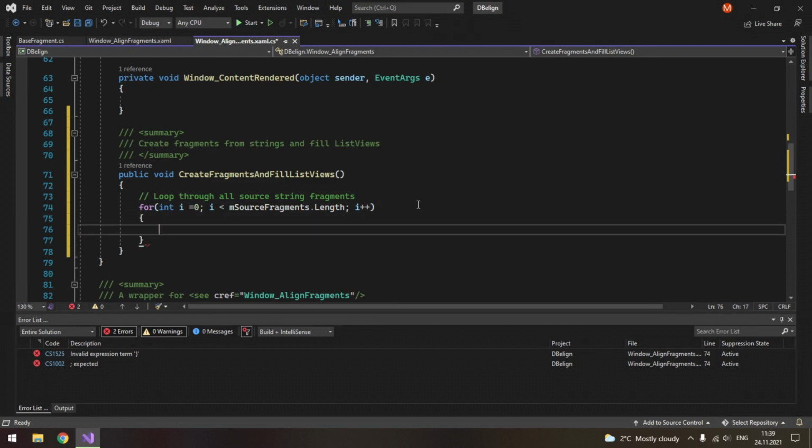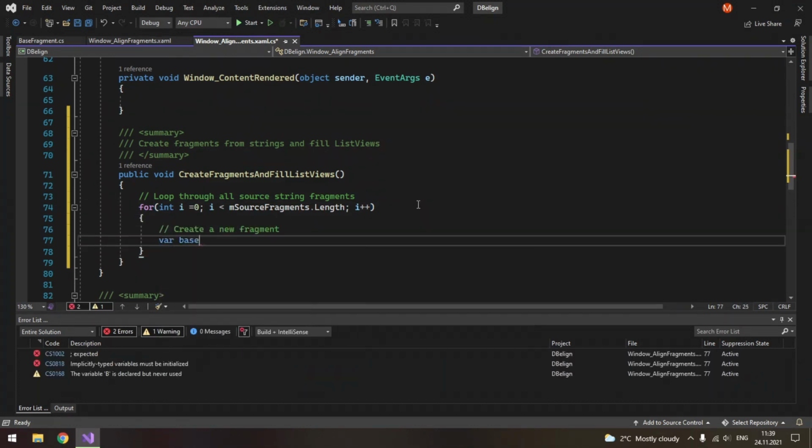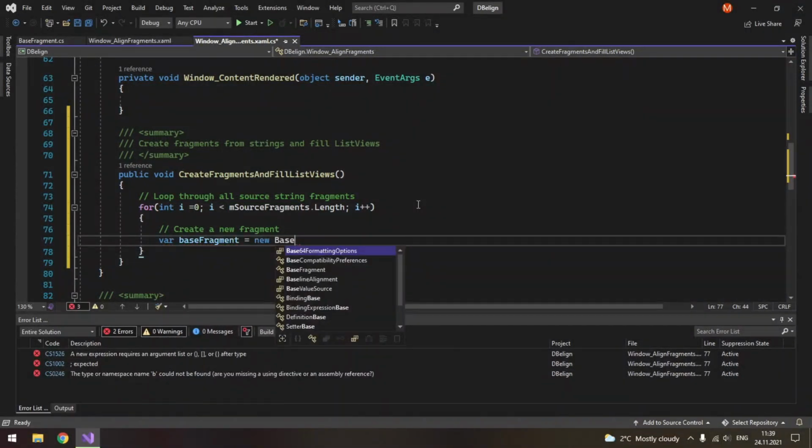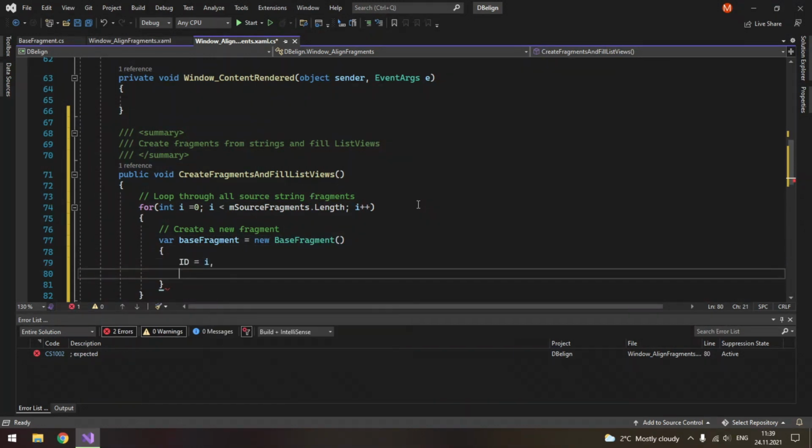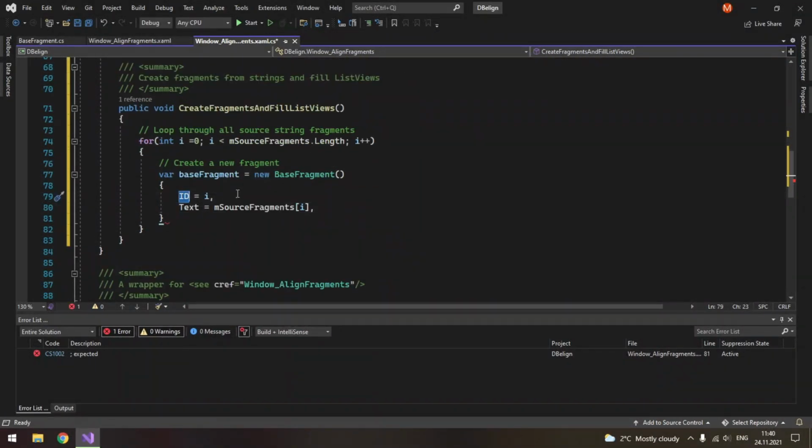And here we first create a new fragment, var base fragment equals new base fragment, and its ID is going to be i, and its text is going to be m source fragments i. Its ID is going to be taken by order, so 0, 1, 2, and so on, as it appeared in the data sources window. And we get the needed string simply using the index.